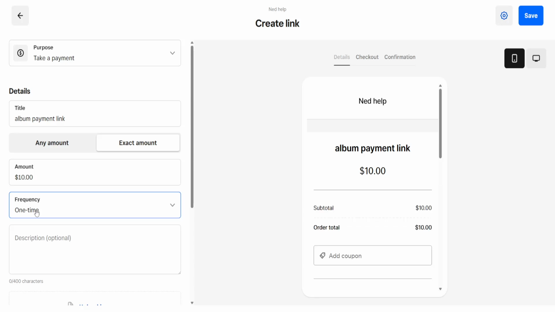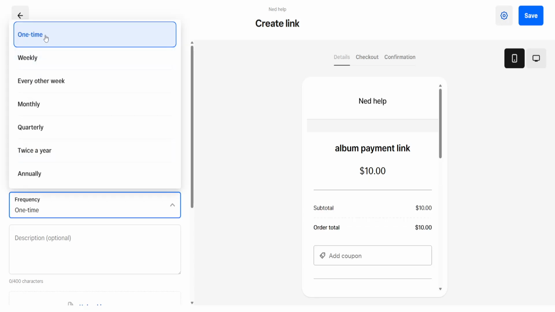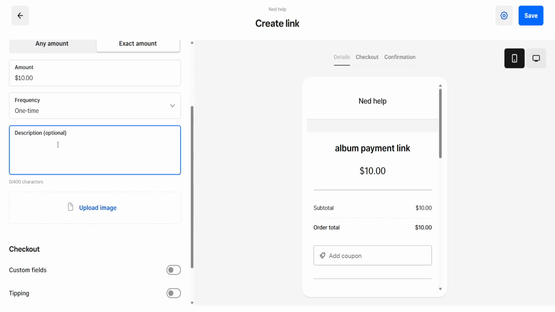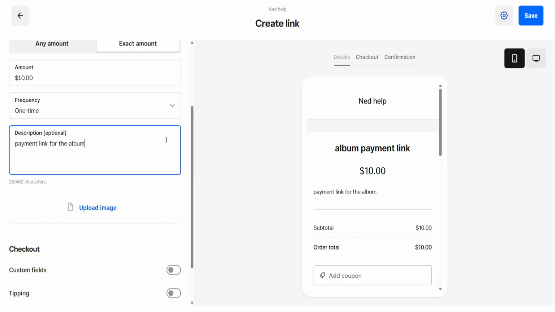You have to choose the frequency. It's either going to be a one-time payment, it can be a weekly payment, every other week, monthly, quarterly, twice a year, and annually. I will leave it as a one-time payment, and here you can type a description. You can type payment link for the album, in my case. And also you can attach a file here by clicking upload image, and you can add images to your payment